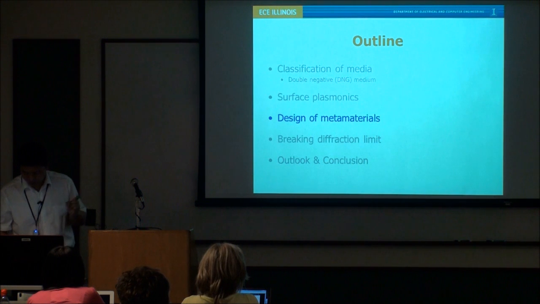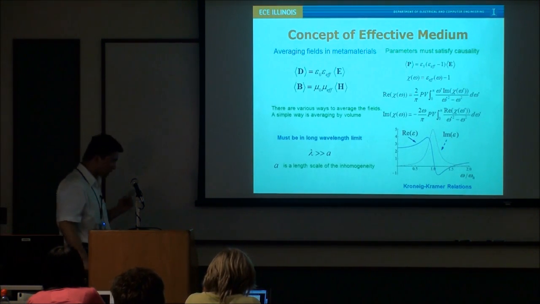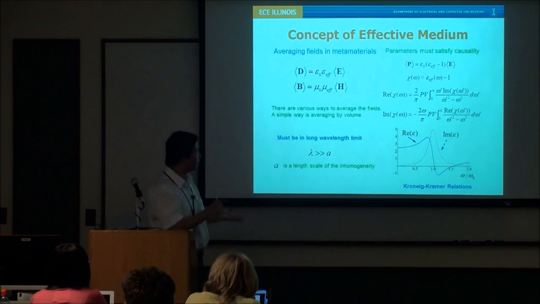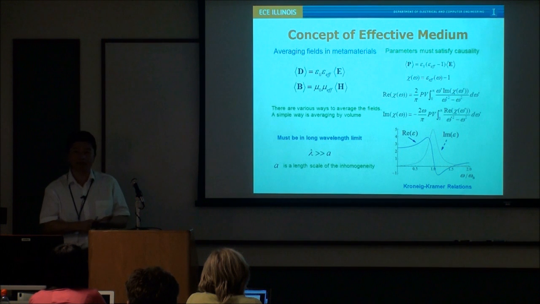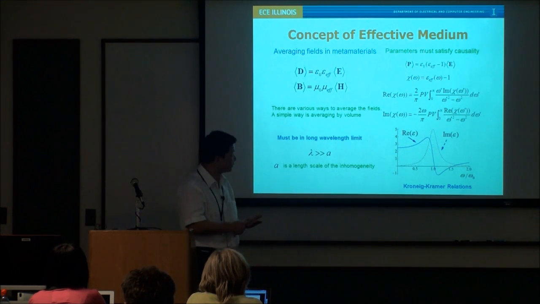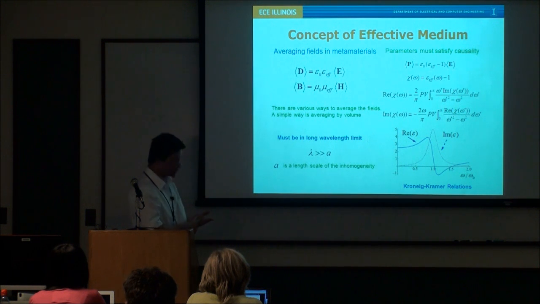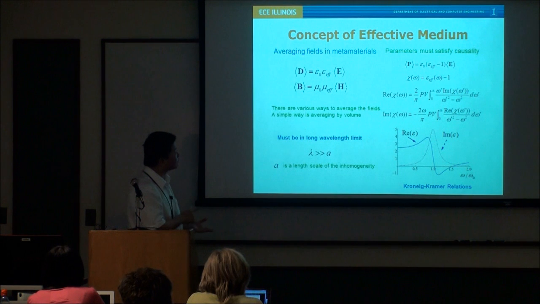And then move on to design of the actual metamaterials. So if we want to design metamaterials, we have to use both metal and dielectric. But there are also some rules we have to follow when we design metamaterials. We cannot just randomly design any materials, because even for a metamaterial, it has to follow